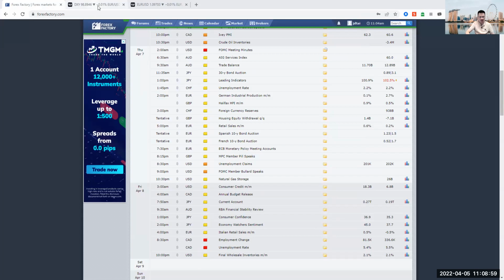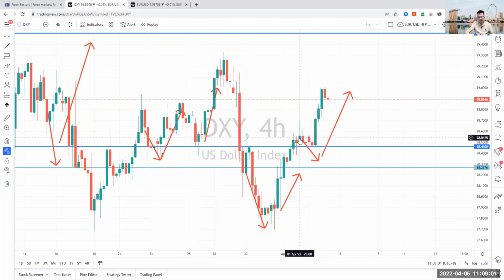So looking at the dollar index here, when we spoke about it yesterday, I said that it was going to come back and test within this area, this 98.26 and 98.46 level. What actually happened was it came down, tested that 98.46 level, and bounced back up towards exactly where we were anticipating, that 99 level, right? It came towards 99 and then it retraced back down again.